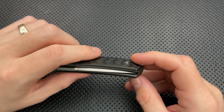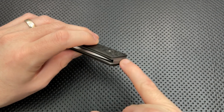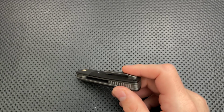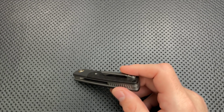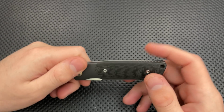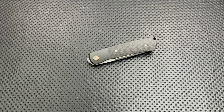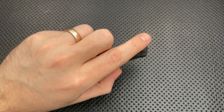So I'd really like to see them have gone a different route, like a through-the-backspace lanyard hole, or just skip the whole damn thing altogether and be done with it. There are lots of ways to do it that don't look like this, and I really don't like that they went this route. But anyways, on the bad side, that's what I got here: the lanyard hole is very lazy and just feels like